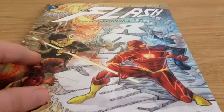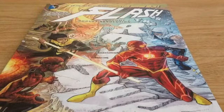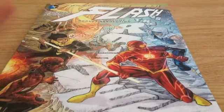So let's say you don't know Barry Allen's Flash origin, you get the Zero Year, and that's the cover, and it goes through and shows you how it all happened. I really enjoyed this, because I've seen it in the TV show, but I haven't actually seen it in comic book form. I knew about it, but I thought that was interesting, because let's say you haven't read a Flash comic, you don't really know his origin, you've read Volume 1, and now you get Volume 2, boom, you get a good